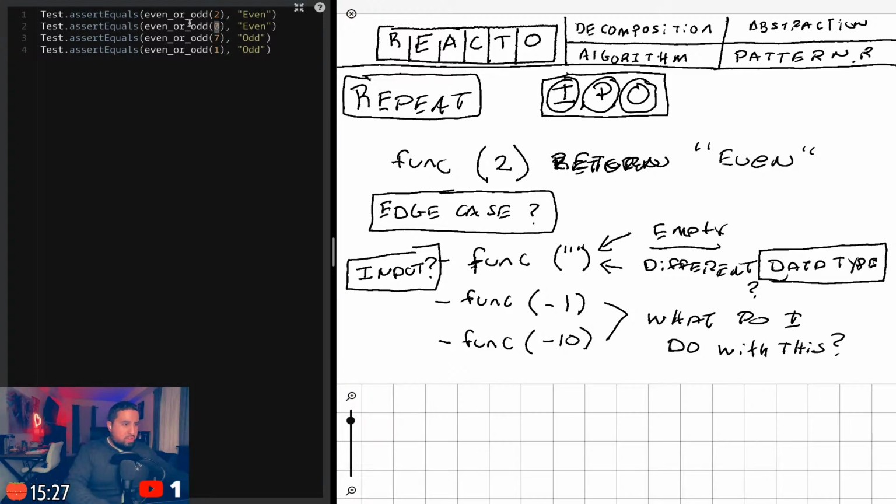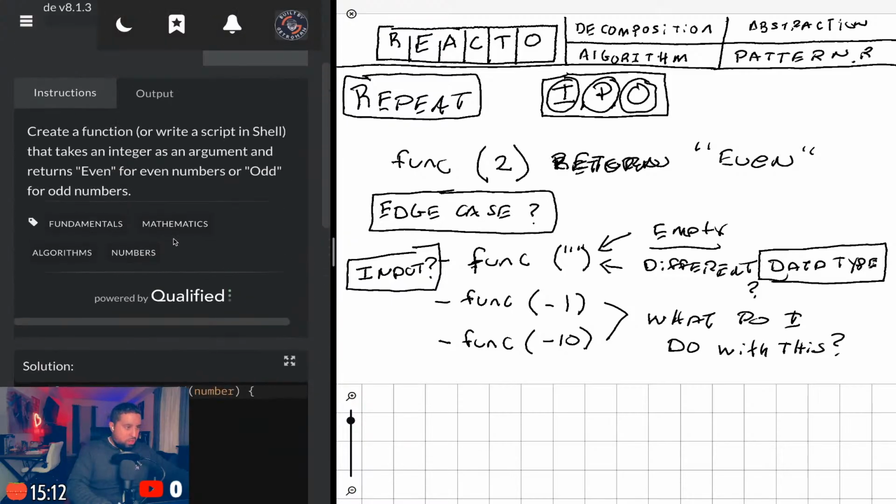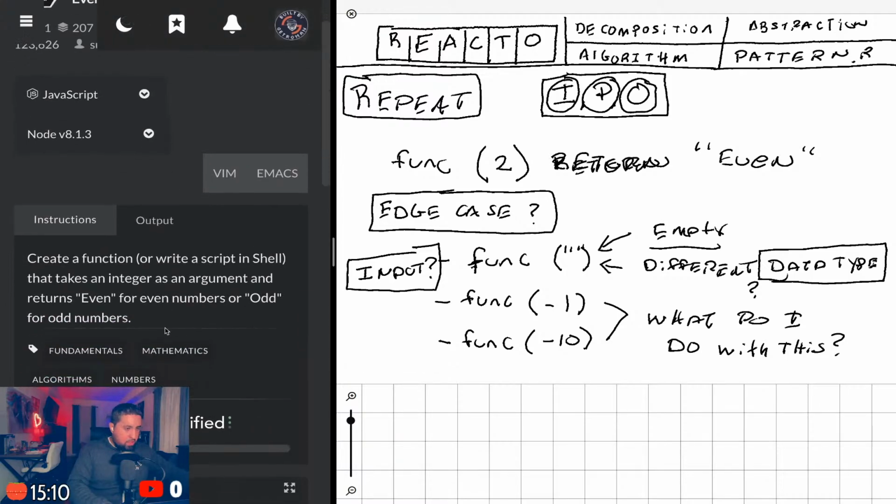So I have even or odd integers. I'm returning a string. What happens? Are they asking for anything else, in the assumption that there's nothing passed in?